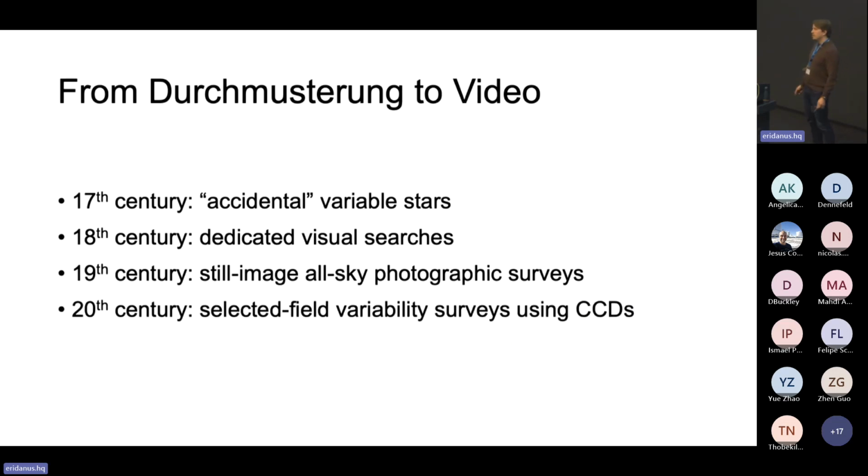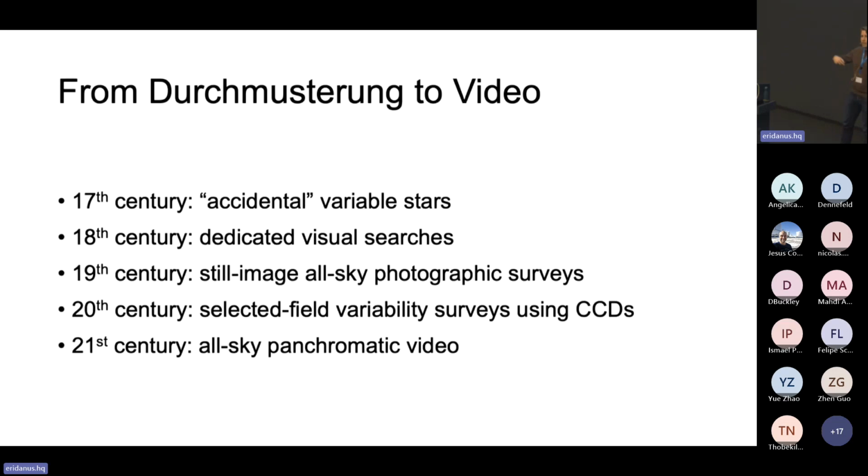And in the 20th century, CCD cameras in particular managed to add time domain information on select areas of the sky, notably OGLE, EROS, MACHO. ZTF came, I guess, in the 21st century. But as we're going further and further into the 21st century, I would posit that what we're really starting to do is all-sky panchromatic video. So there's, from my point of view, no interest in ever going back from this.